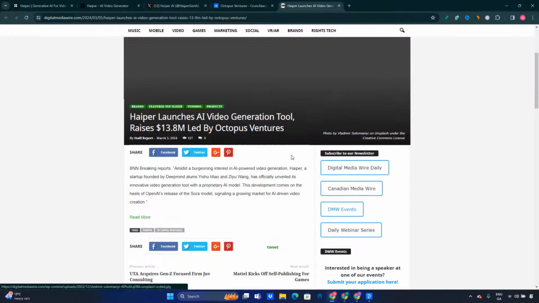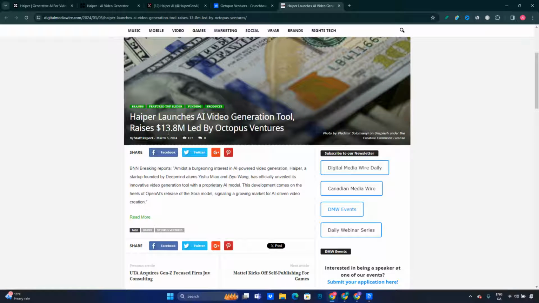So let's go and read this one through very quickly. Haiper launches AI video generation tool, raises $13.8 million, led by Octopus Ventures. Amidst a burgeoning interest in AI-powered video generation, Haiper, a startup, has officially unveiled its innovative video generation tool, which is a proprietary AI model. This development comes on the heels of OpenAI's release of the SORA model, signaling a growing market for AI-driven video